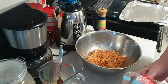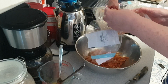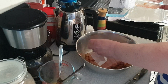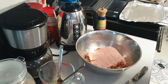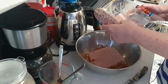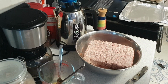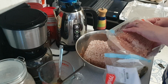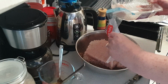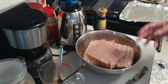So we have here the 2 smaller ones of the turkey. So what I'm going to do is put one in. Then I'm going to put the pork in the middle. There we go. And then I'm going to put the other turkey in. Can I just say these are exceptionally cold, by the way. There we go. So now we smoosh,